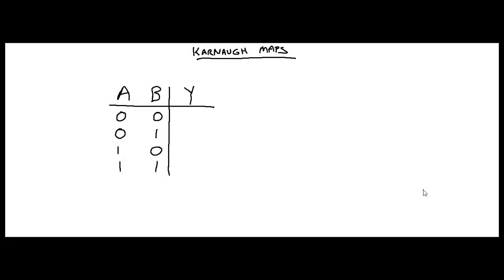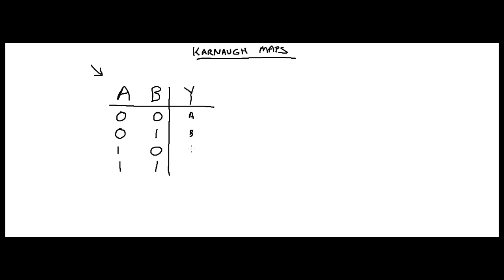Alright everybody, so what I've done here is I have drawn a sample truth table, okay? And this is what I'm talking about right here. We only have two variables, and you can see it starts at 0, 0, and 1, 0, 0, 1, and 1, 1. Now the output, whatever the value is here, I'm just going to label it A,